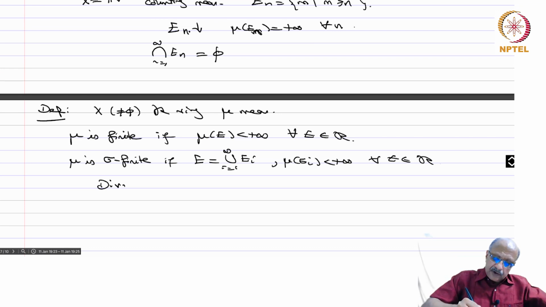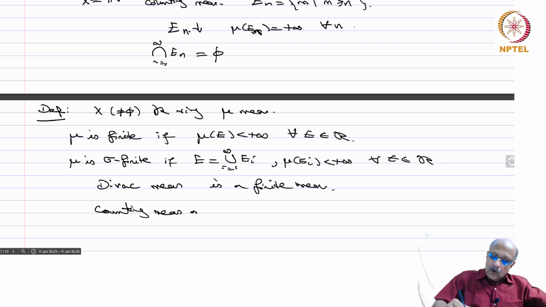So the Dirac measure is a finite measure. Counting measure on N is sigma finite,